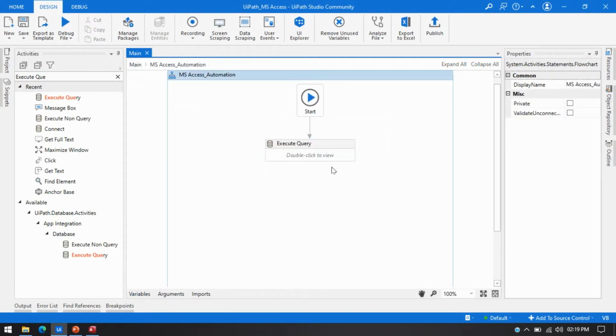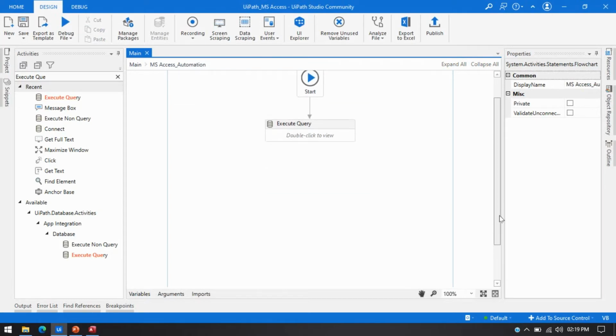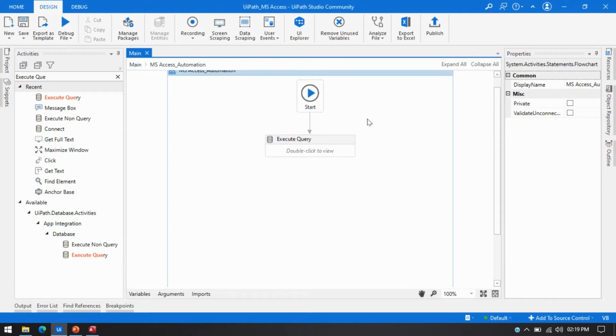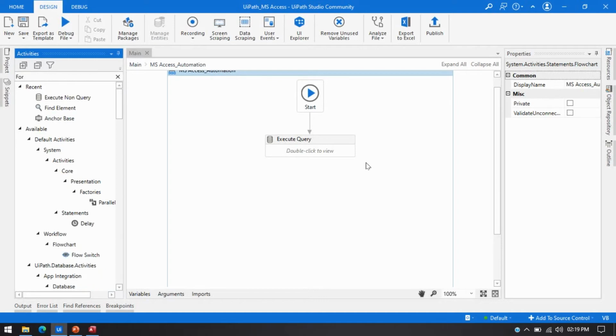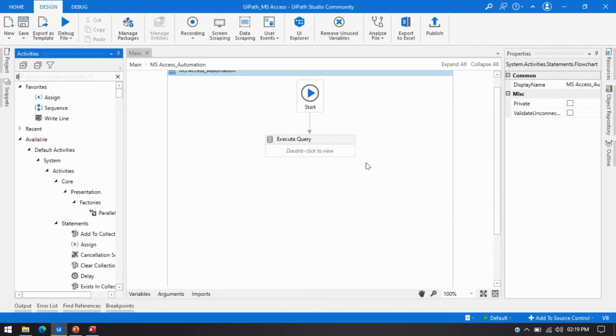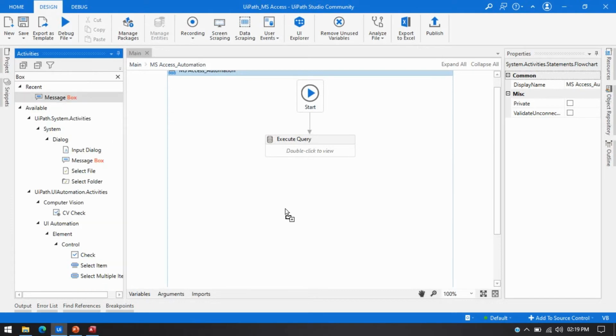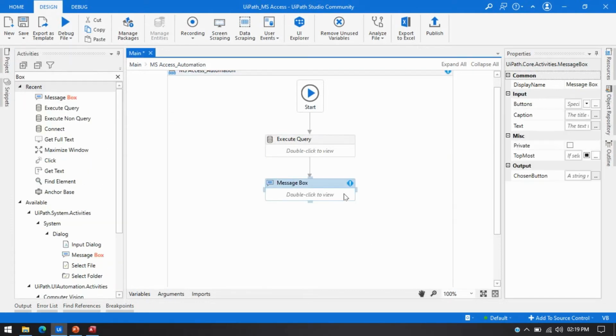To get data from a data table, you can use a for each activity, or you can directly use a write range activity to write somewhere. But I just want to get that value in one variable, so I can use a message box here, so that I can show you how we can get that value, same as the config dictionary.